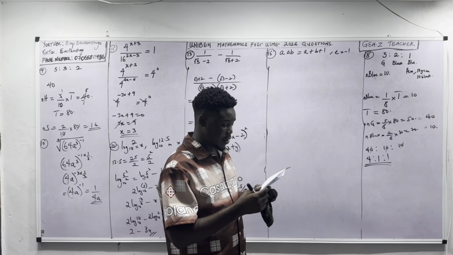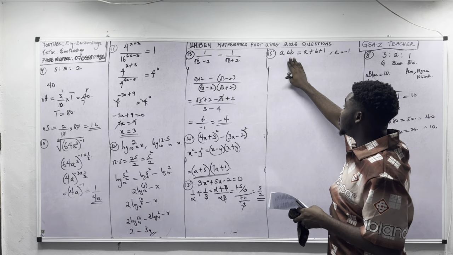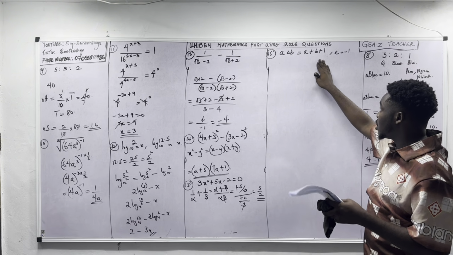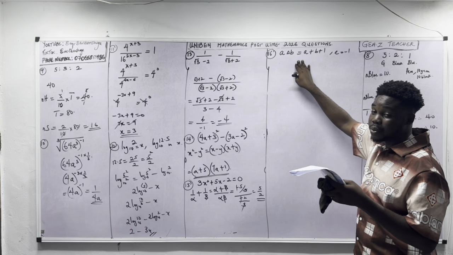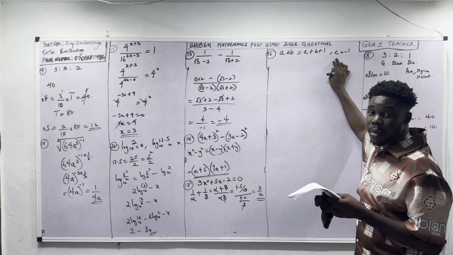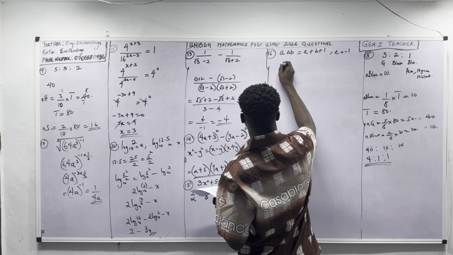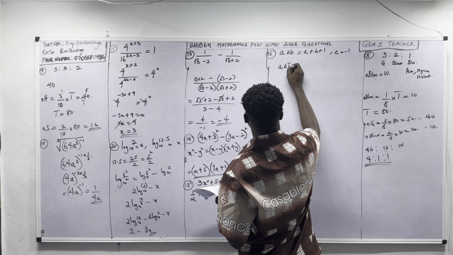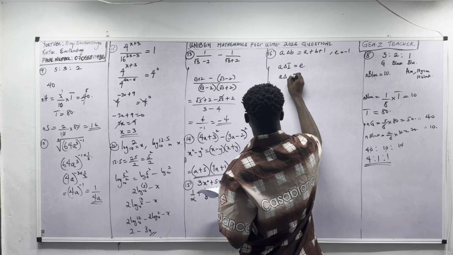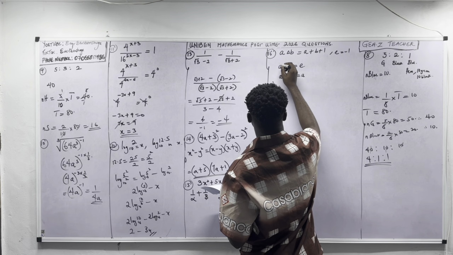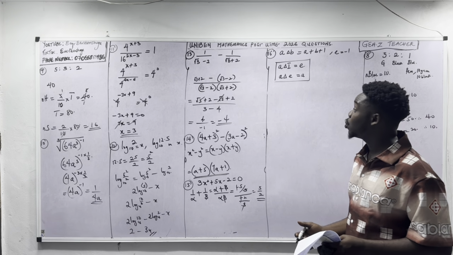Number 16 says, a binary operation is defined by A operation B equals A plus B plus 1. Now, find the inverse of 7 under this operation if the identity element is minus 1. So let's find the inverse of 7. Quickly, a formula I'll give you now: A operation inverse is always equal to identity, and also A operation identity must always give you A. Now, these two formulas are very important when solving questions in binary operations. We're going to apply the first one